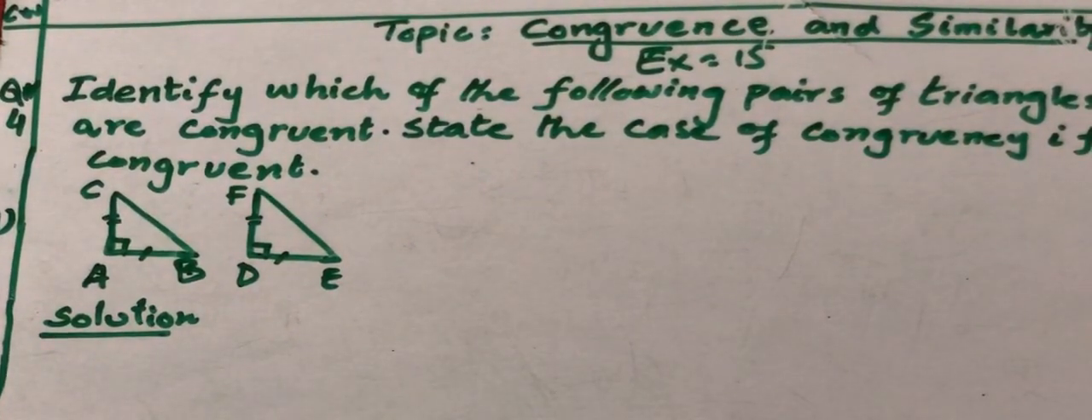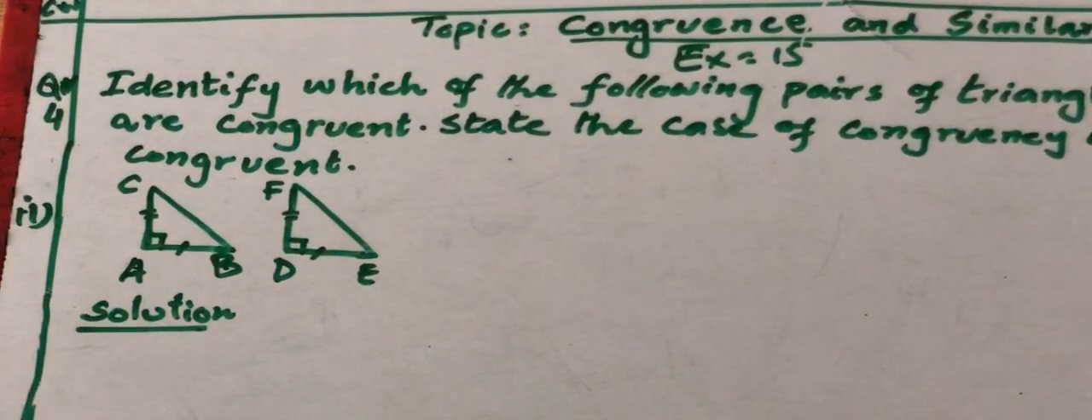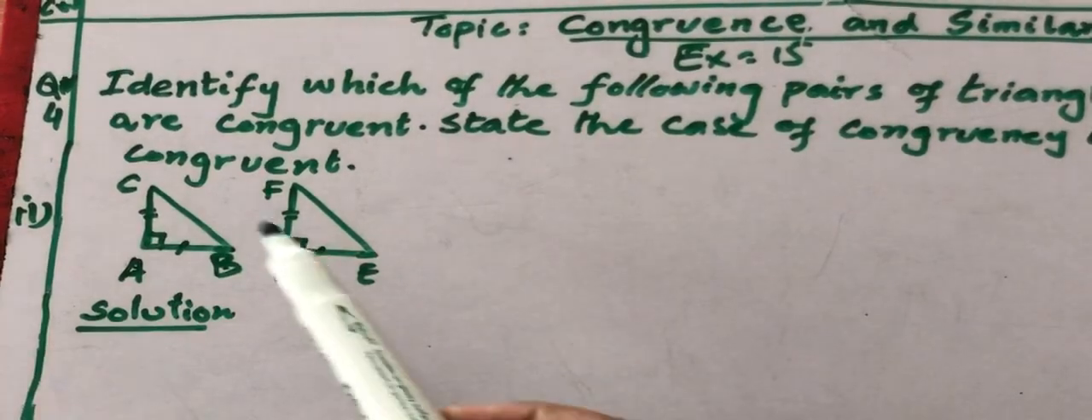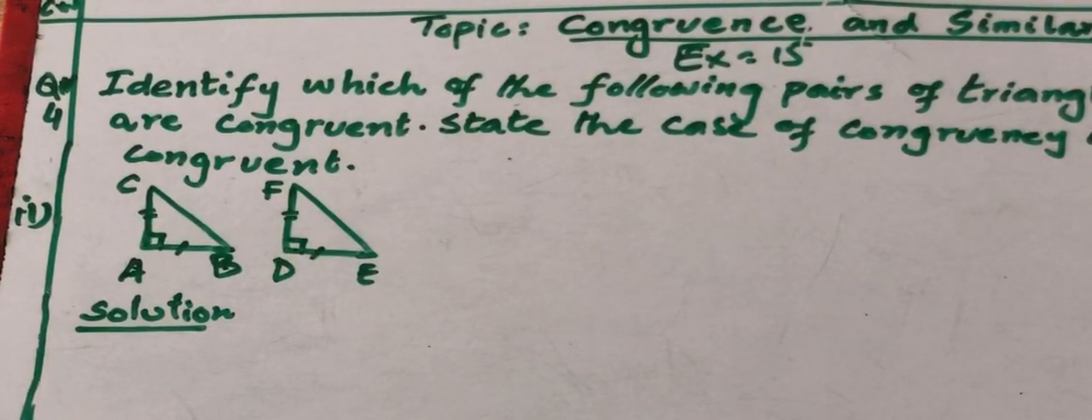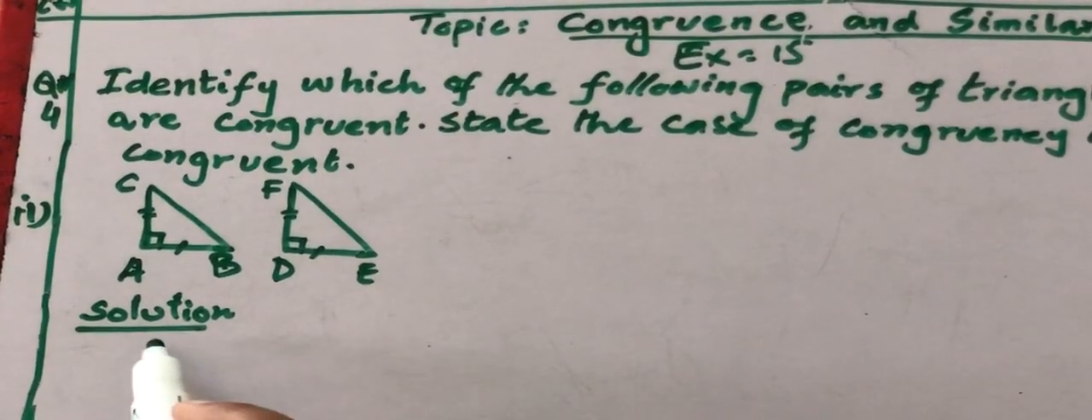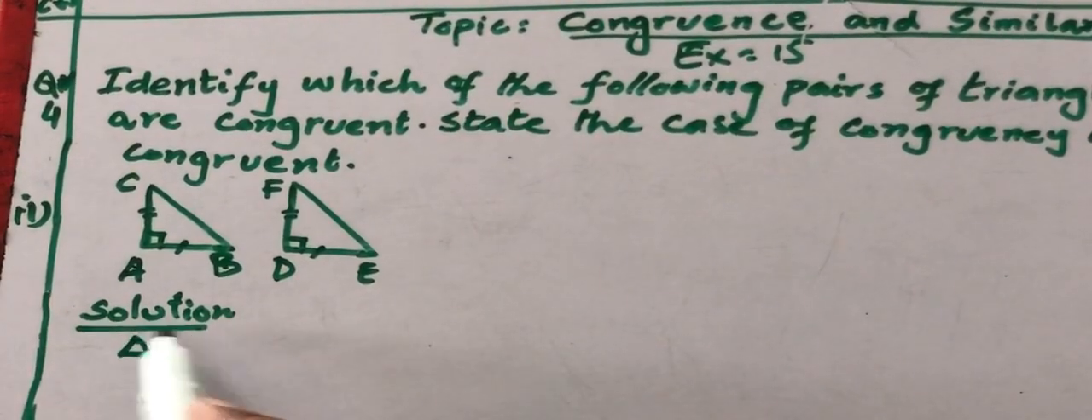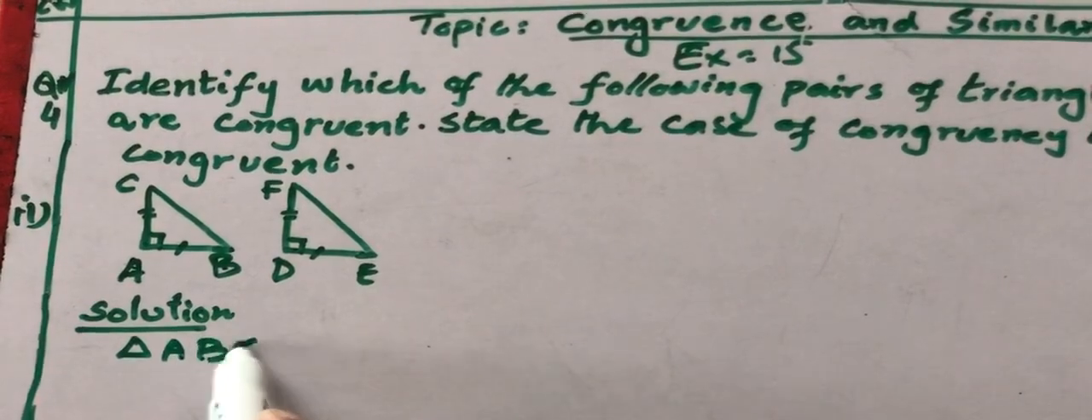Okay, student, now we are going to solve question number 4 of exercise 15, the second part. Here we have the two triangles. We have to find whether they are congruent or not by using the properties of congruency, which we have 4 properties. So in the solution we have two triangles, triangle ABC,